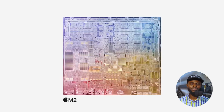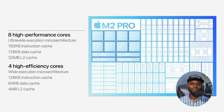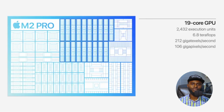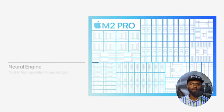Shocker, this thing rips. So under the hood, it's built on a new 2nd gen 5nm process, and they've added some cores, 2 more high efficiency CPU cores, and 3 more GPU cores on the Pro. So it's a 19 core GPU on the M2 Pro, and a 38 core GPU on the M2 Max. Also, the Neural Engine and Media Engine are improved to handle machine learning and media playback and transcoding even faster